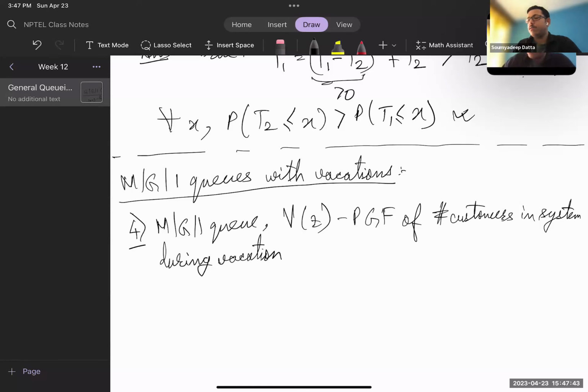So when the server is on vacation, the PGF of the number of customers in the system queue, and also arrival and departure, is denoted by V of Z. And so the question is,